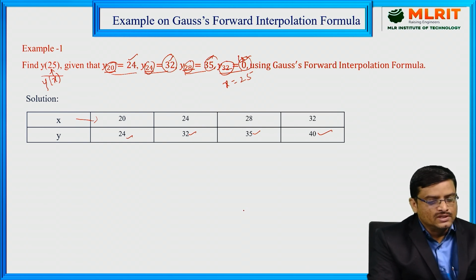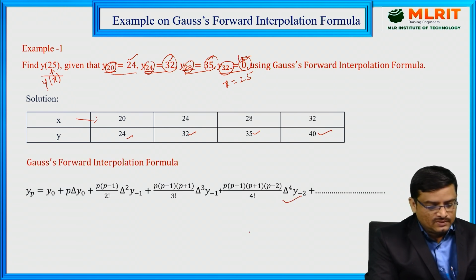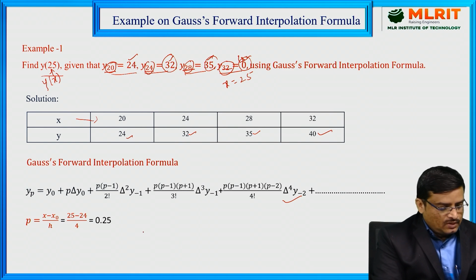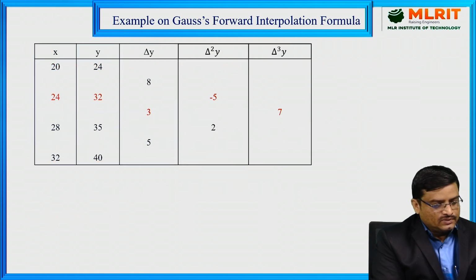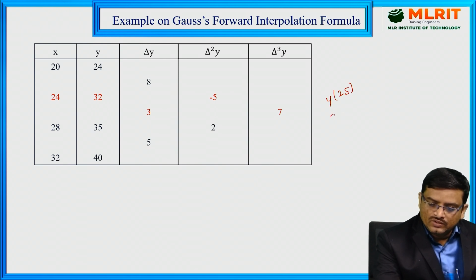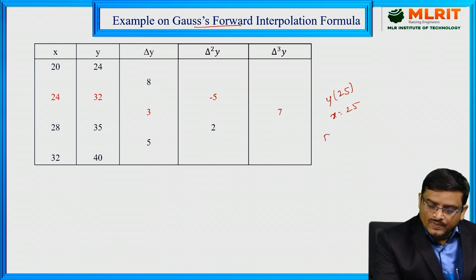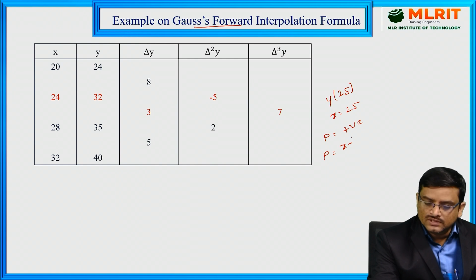Now first we will construct the central difference table here. This is the formula we have seen. Now we have to identify this x naught value here. Our problem is finding the value of y of 25. So here you will get x is equal to 25. And since we are applying the Gauss forward interpolation, our p value should be a positive value here. So what is our formula here? P is equal to x minus x naught